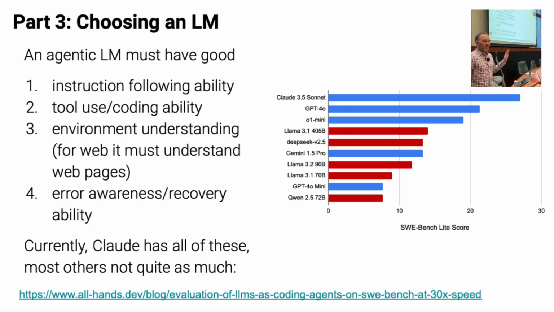Under the hood, in all of the demos that I did now, we're using Claude. Claude has all of these abilities. Very good, not perfect, but very good. Most others don't have these abilities quite as much. So like GPT-4o doesn't have very good error recovery ability. And so because of this, it will go into loops and do the same thing over and over and over again, whereas Claude does not do this. If you use the agents enough, you get used to their personality, and Claude says, let me try a different approach a lot. So obviously it's been trained in some way to elicit this ability.